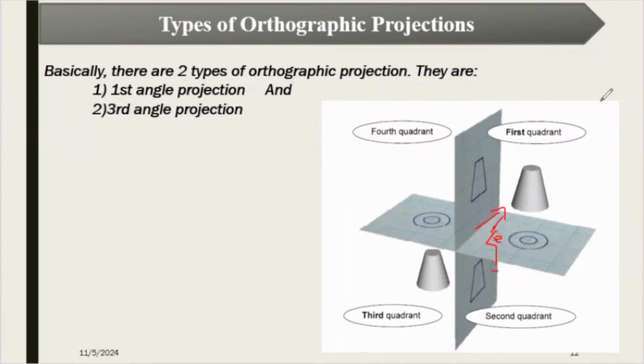We place our object in the first quadrant and then we draw the projections of them. So I'll explain this in the later sections. The third angle projection means we place our object in the third quadrant and then we